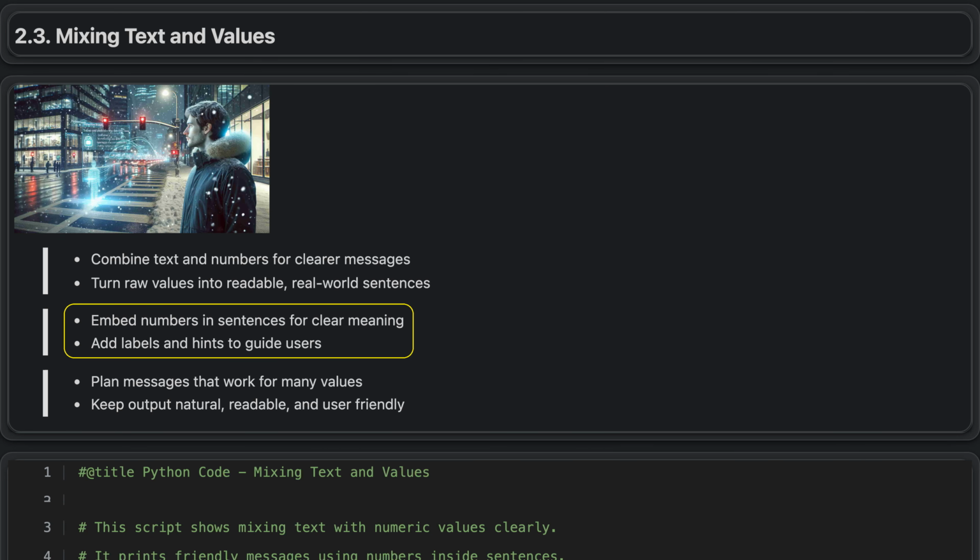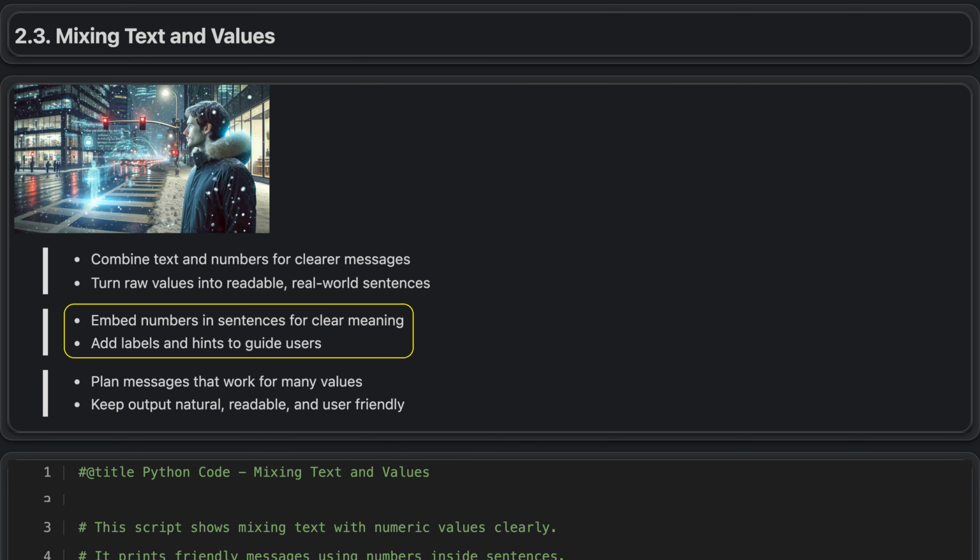When you combine text and numbers in your output, always give the numbers clear context so their meaning is obvious. A number by itself can be confusing, but a short sentence can explain whether it represents money left in a weekly budget or hours spent on a course. By pairing each number with descriptive text, you show whether it reflects a remaining balance, progress toward a goal, or something else important. This also makes it easier to suggest what to do next, such as adjusting plans based on